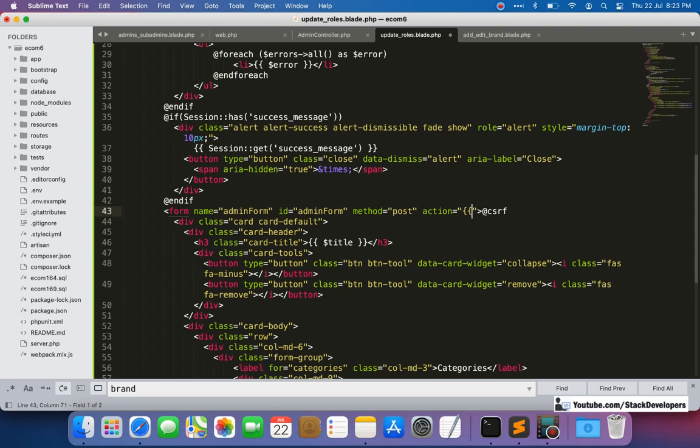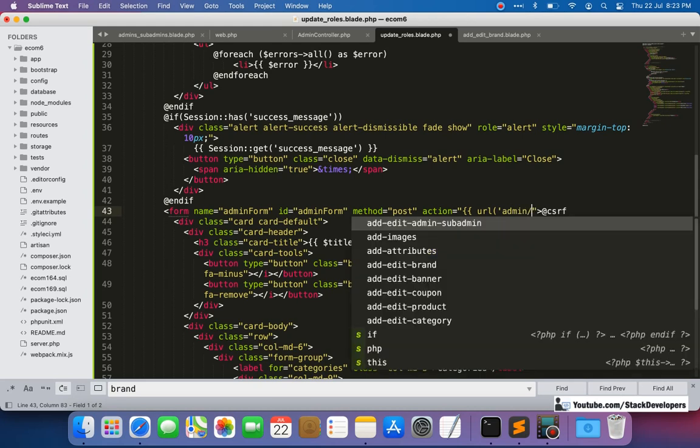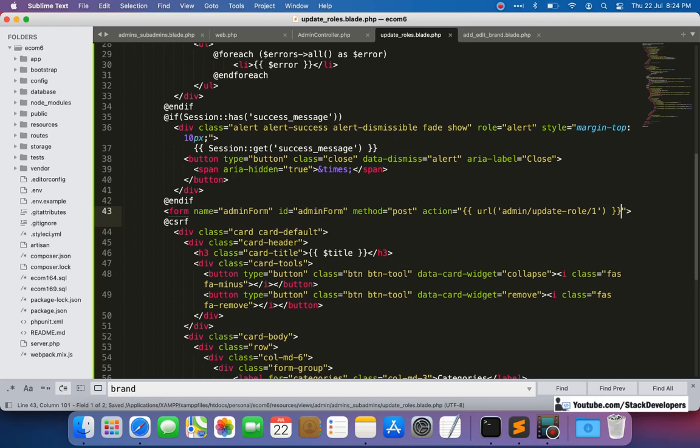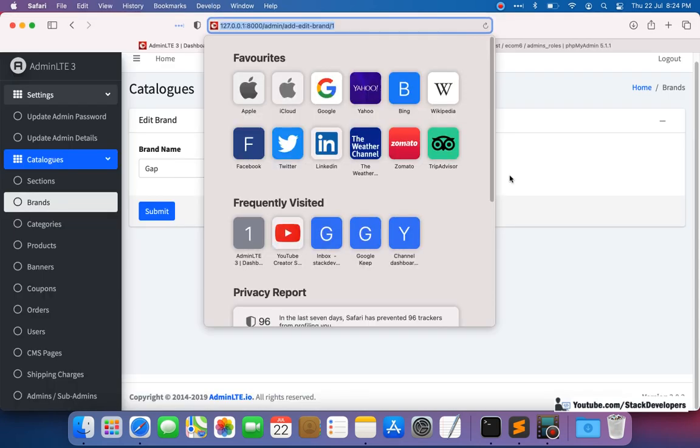We are going to send the action to the same URL, that is admin/update-role, and we want the admin ID here as well. That ID we are going to give as 1 right now statically, but we will update this ID later on dynamically.